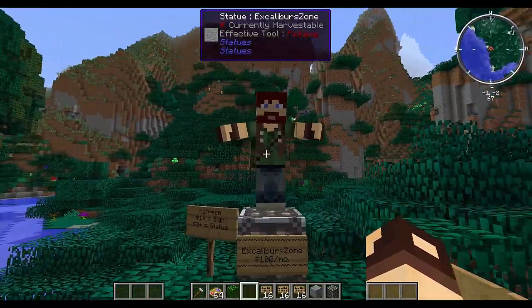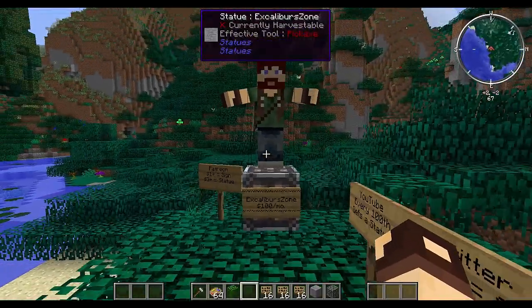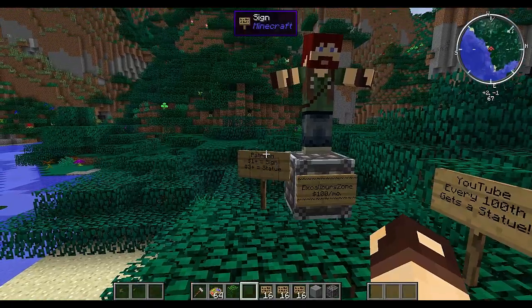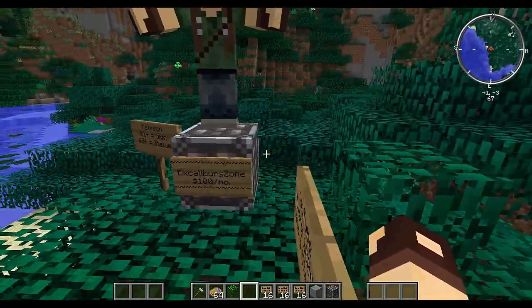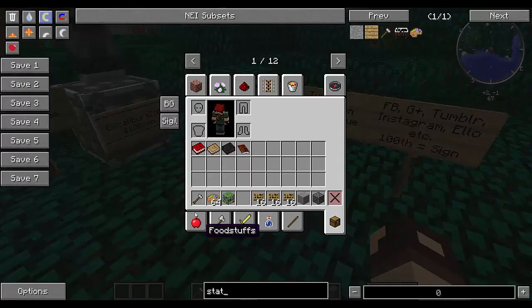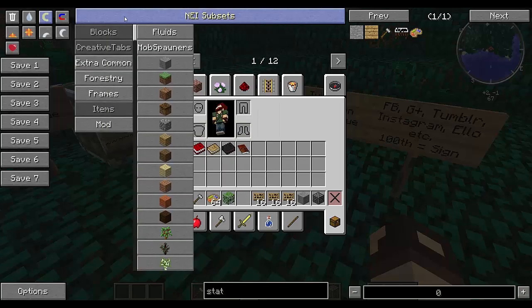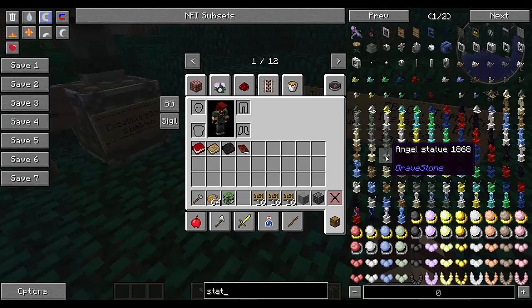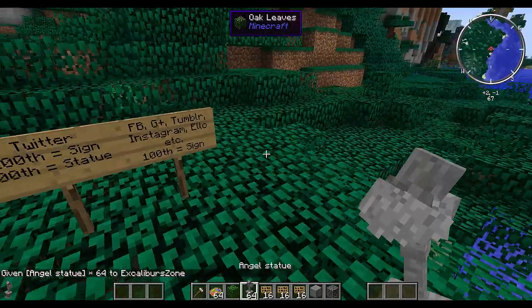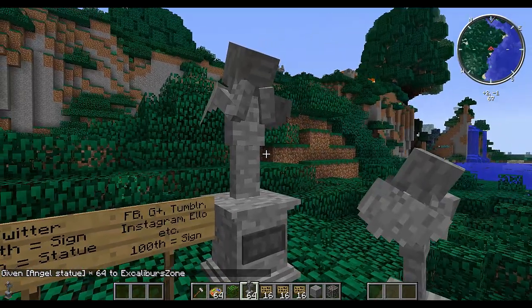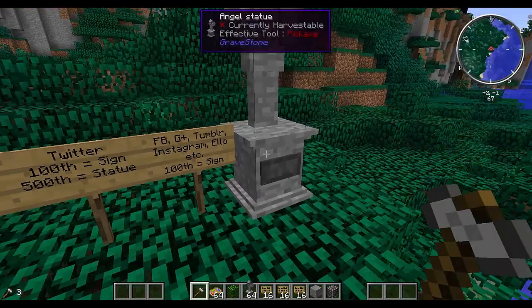And that's a statue. All patrons that give $3 or more a month get this, and all patrons get at least this. And I'm going to look at making it a better thing here. So if I look at statue, and turn off. Come on. There we go. Statue. So if we look at this, we can maybe get the angel statue. Let's see what this guy looks like. So I don't think we can do anything with that.